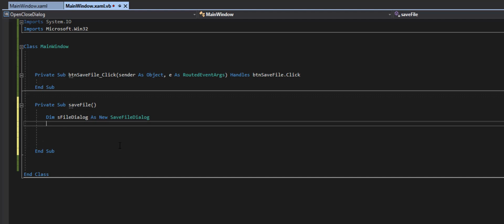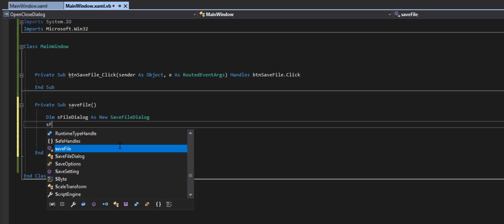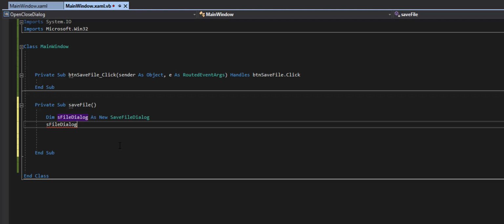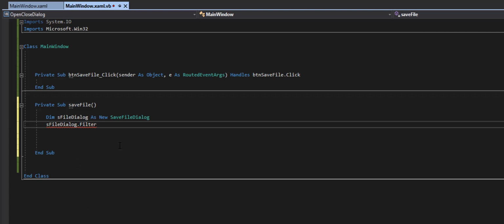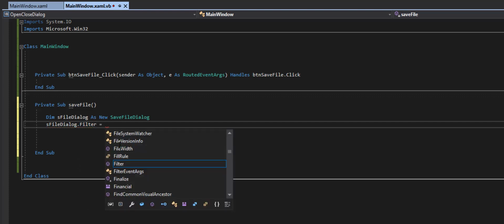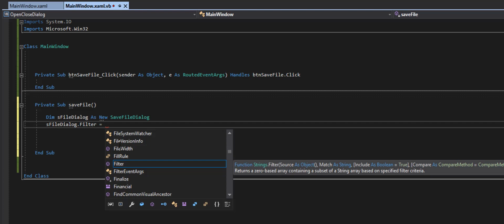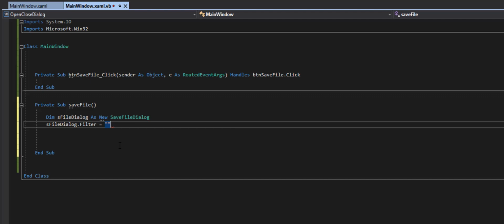All right, so then I'm going to filter my files. The kind of files that I want to be able to load up. So I'm going to say f file dialog dot filter, and I'm sorry, that's file name. I want it filter, and this is going to show me whether it's a txt file or something like that that I want. I can go ahead and tell it that's exactly the kind of file that I want. So I'm going to say txt file, and then